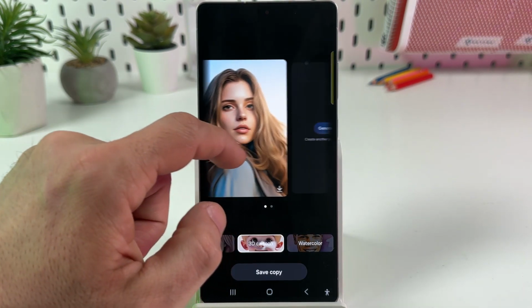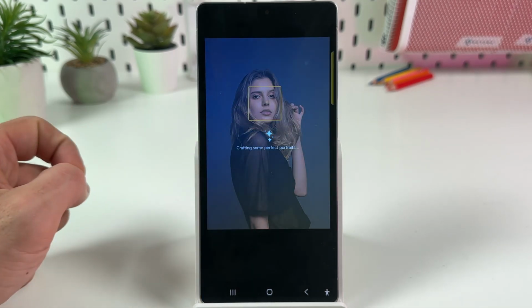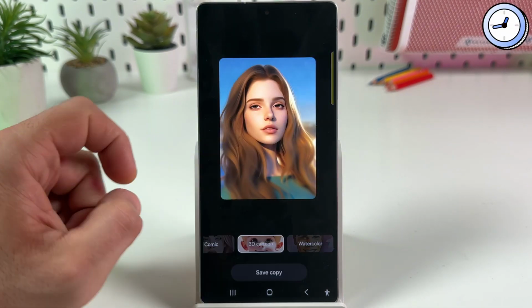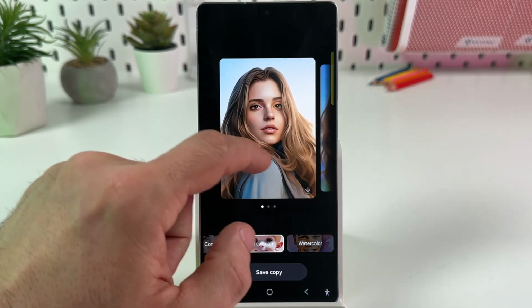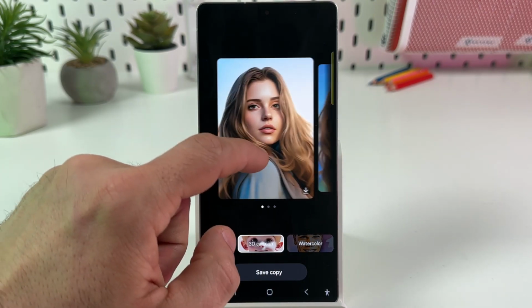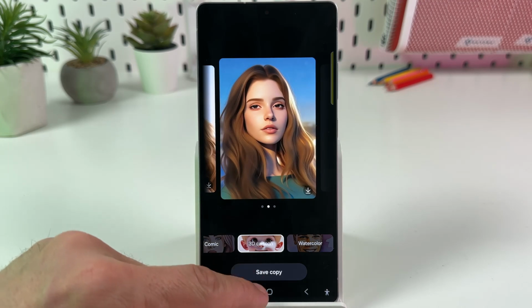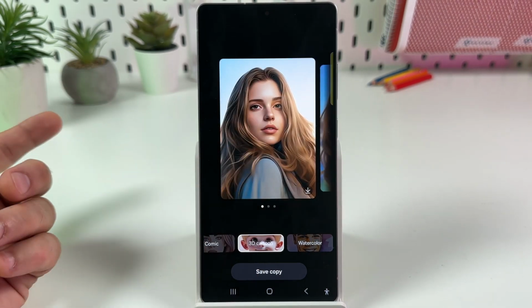and that's it. You can swipe left and generate one more. Now swipe right, compare images and generate one more or download the image you liked. And that's pretty much it. You can save a copy, you can download any of these images,